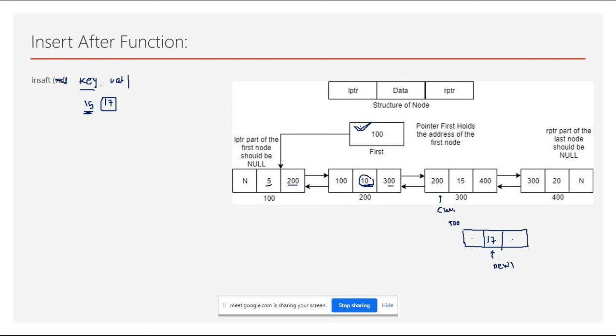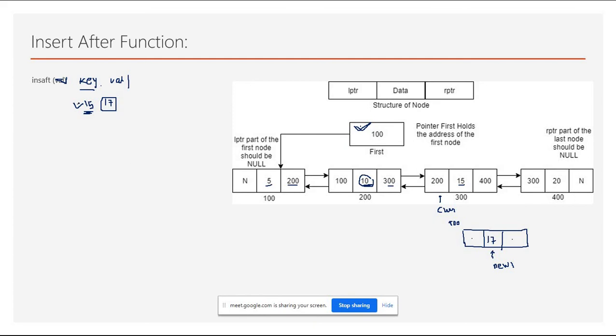Now see, again you are checking whether the data part of the current is same as the key. Yes, key is 15, and the data part is again 15. Fine. So in that case, you just think and see how can we set the link.